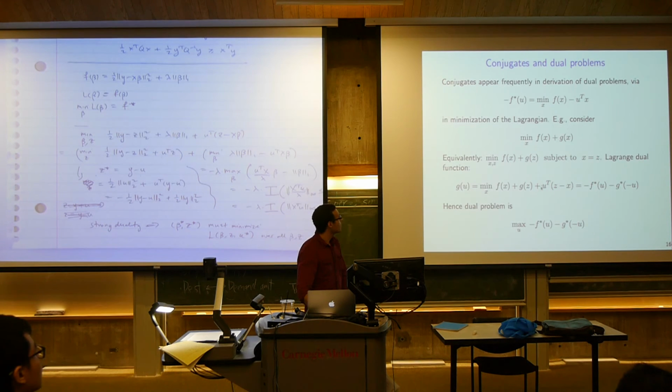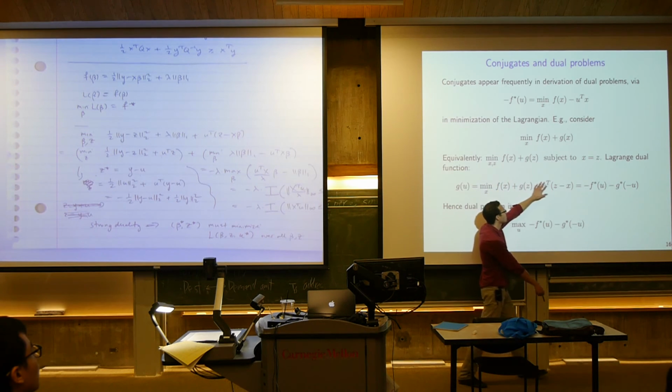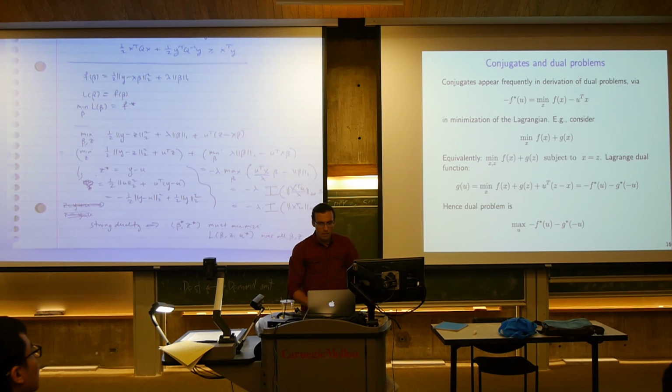So this is the extremely important relationship between conjugates and dual problems. And we've used it already when we derived the lasso dual, and when we derived the dual of the problem in the very first example. But here's what it is explicitly. Let's suppose you want to minimize f of x plus g of x. Because it doesn't have constraints, to derive its dual, I'm going to do something like this: minimize f of x plus g of z subject to x equals z. It's the trick we used in the lasso problem. The Lagrange dual function is gotten by adding u transpose (z minus x),